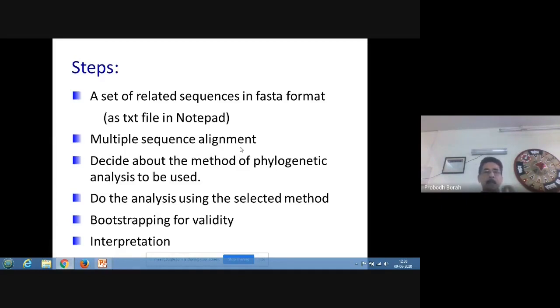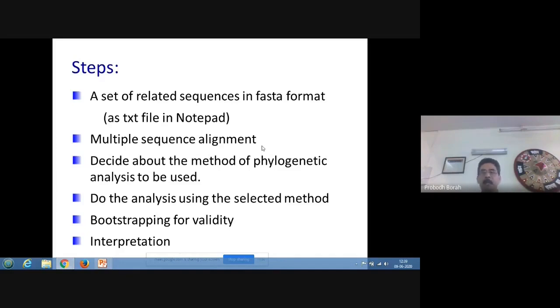Then after doing the multiple sequence alignment, based on the result of alignment, we shall decide about the most suitable method for the set of data that we are using that has to be used for phylogenetic analysis. As we already discussed, a number of different methods of phylogenetic analysis are available, like maximum parsimony, distance method. Again, in the distance matrix method, there are three methods, but two are more commonly used: neighbor joining method and UPGMA.